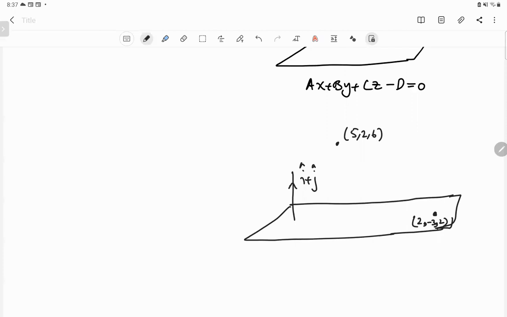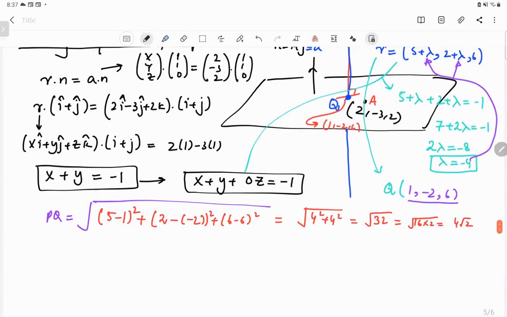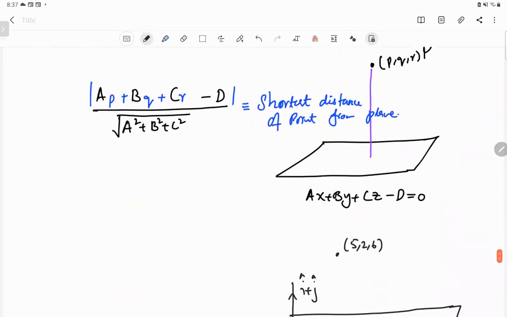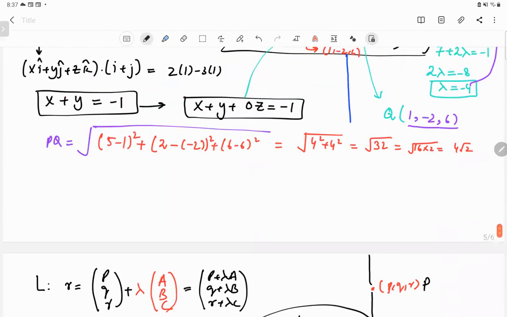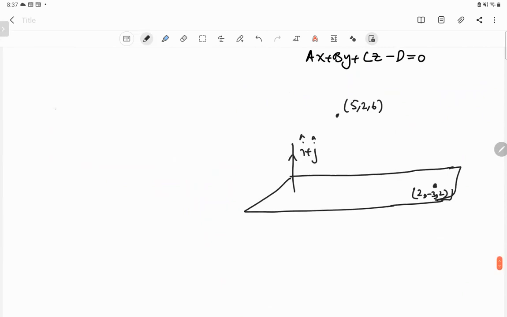We calculated the equation of plane, which was equal to what? X plus y is equal to -1. I think x plus y, yes, it's -1. So the equation of the plane was x plus y is equal to -1. Okay. Now, if we want to apply directly this formula,